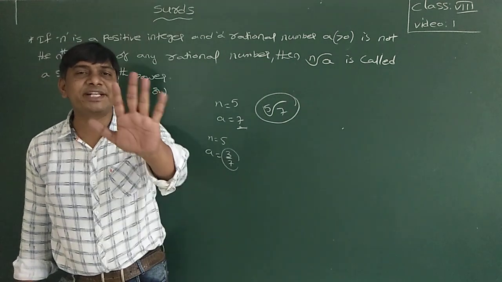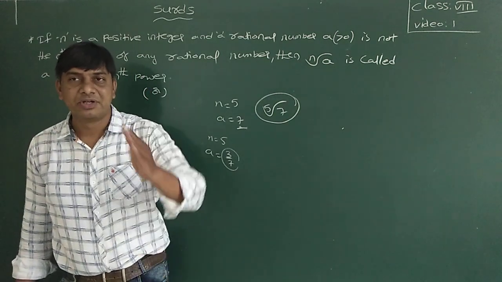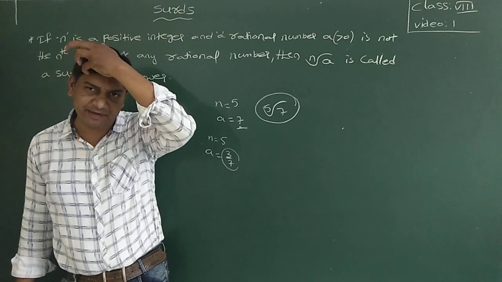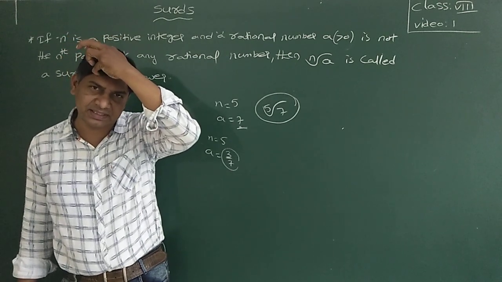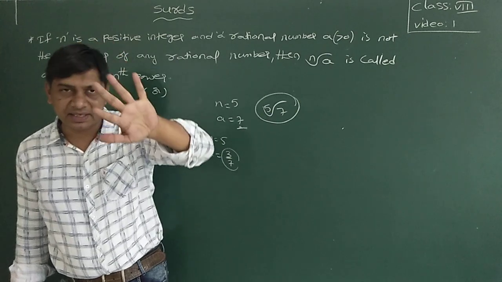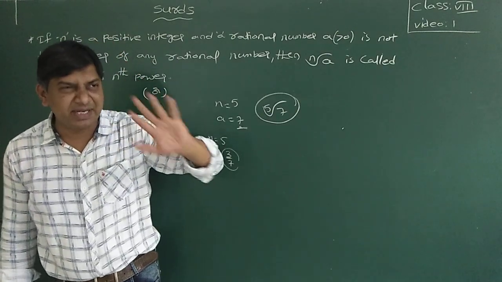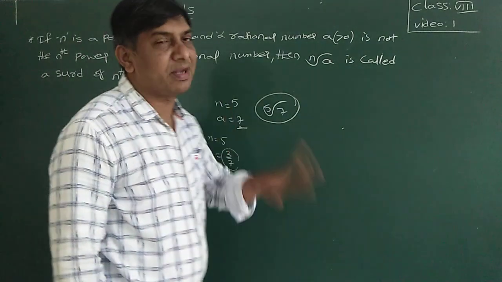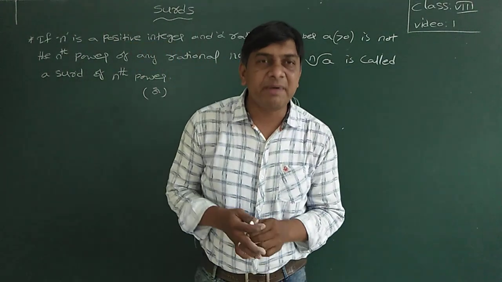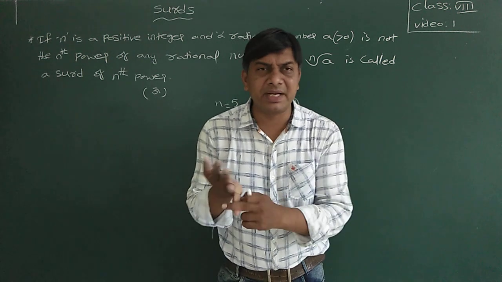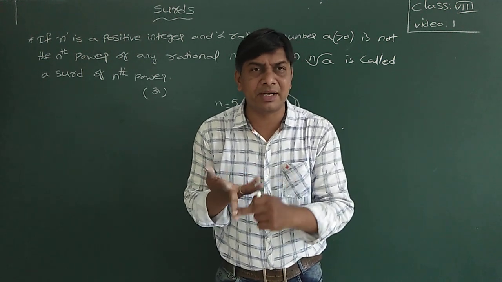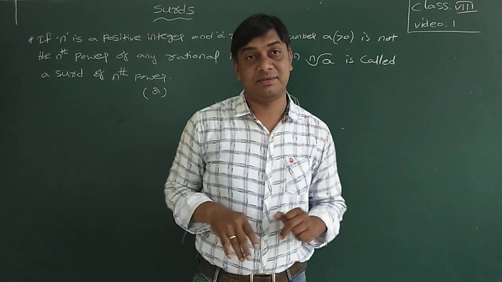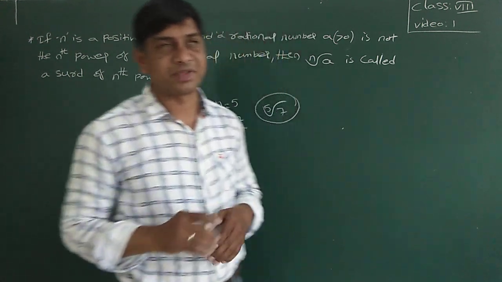A is a positive number, as I said in the previous discussion also. If I used the word integer, please excuse that, it is a regret. I mean it is a positive rational number. A is nothing but a positive number. Which type of number? Any number. Maybe an integer, maybe a natural number, maybe a whole number, maybe a rational number, but not irrational.